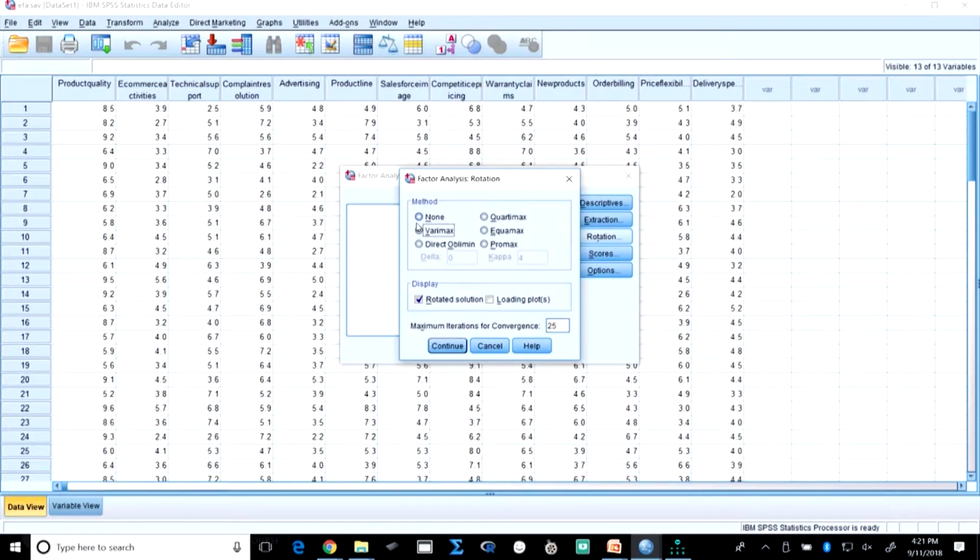So, I explained that orthogonal rotation is a rotation in which we say that the factors are at 90° to each other. That means what? If something is at 90°, mathematically you can understand that they would never meet. So, they are not correlated, right, uncorrelated. But on the other hand, if you have, let us say, oblique rotation, it is not 90°.